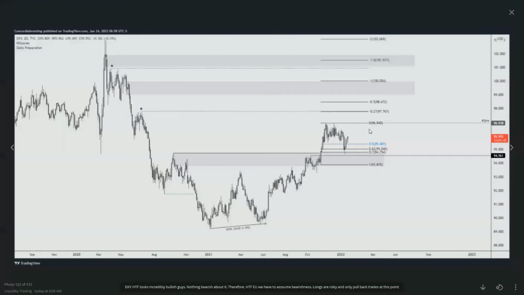We look at dollar index higher time frame. You can see we mitigate off of a breaker block here. Beautiful structural setup right here where we have a consolidation. Let me just draw it out for you so you can see. Where we have a consolidation, we have our manipulation right here, and now we're looking for our expansion up to take out this liquidity, and then potentially even all the way up there. But first one is going to be right here.